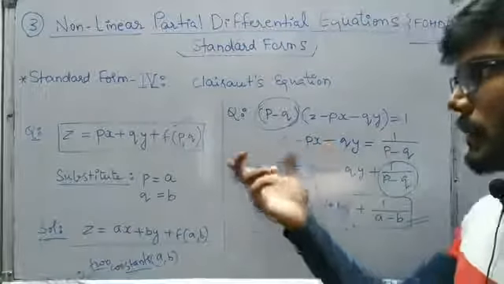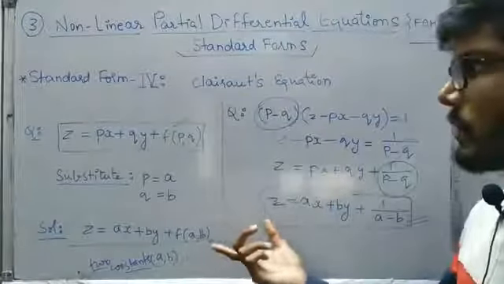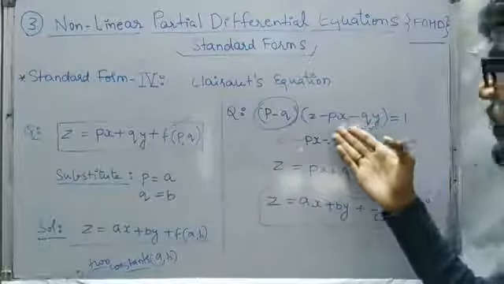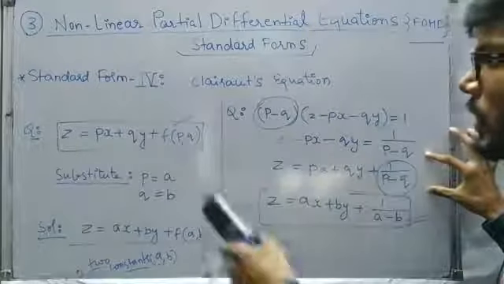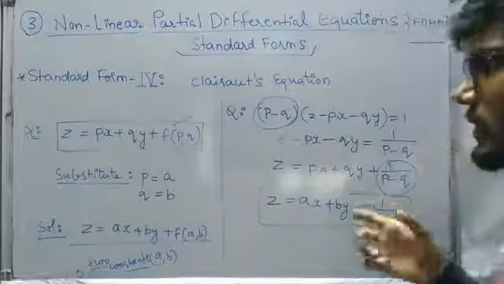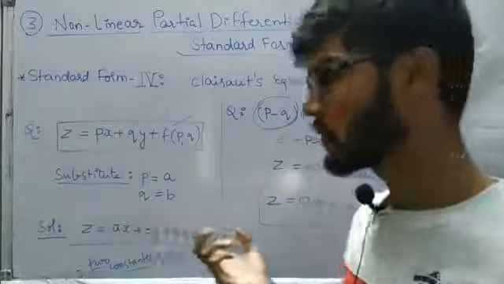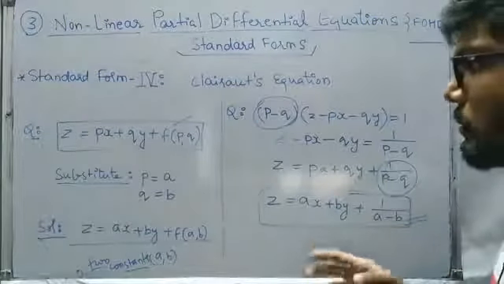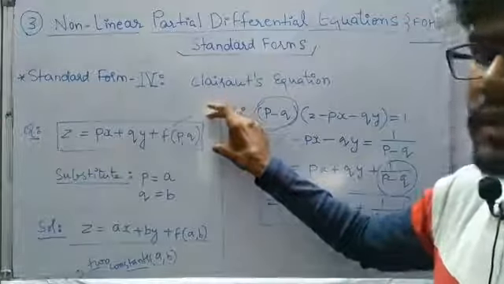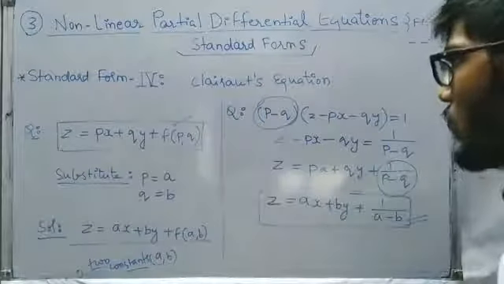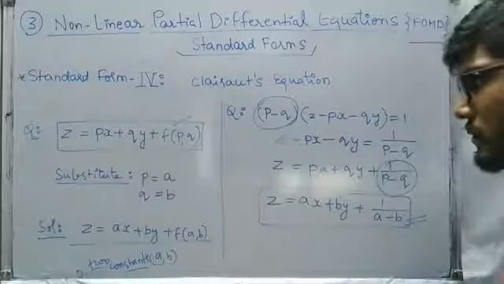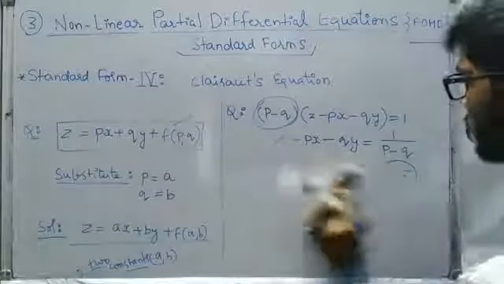So if the question is being asked from this particular format, we just have to understand that after rearranging the terms, we are going to get the Clairaut's equation directly, and just by direct substitution we are going to come up with the answer. So there is again nothing much calculation, but you have to be very clear with our Clairaut's format.